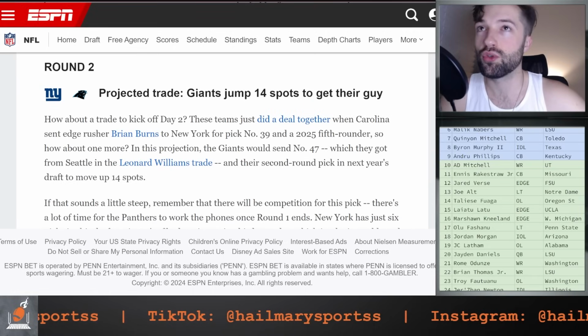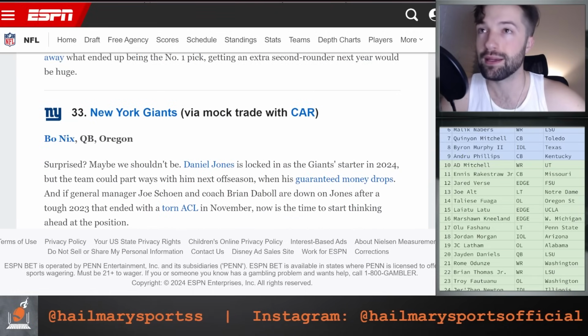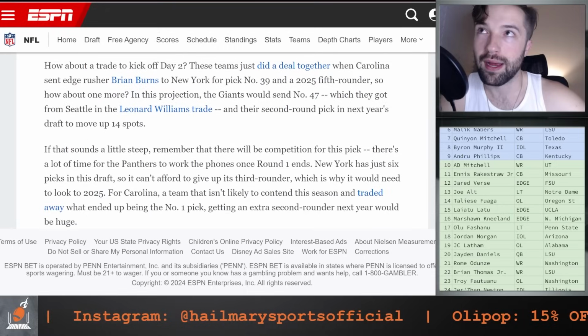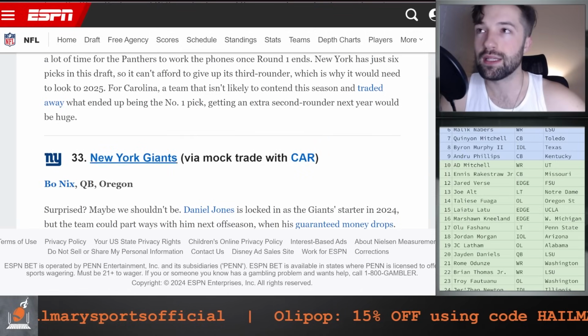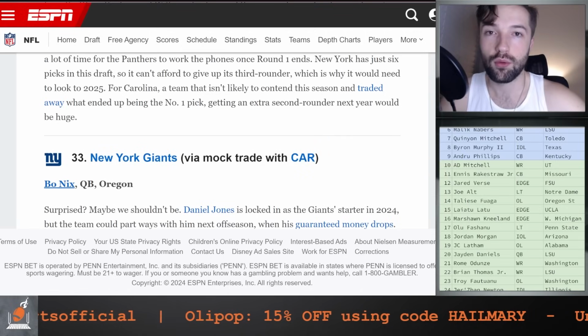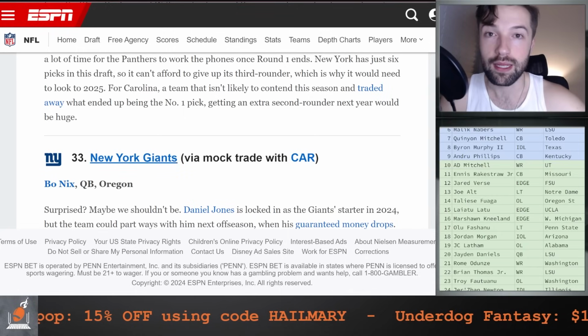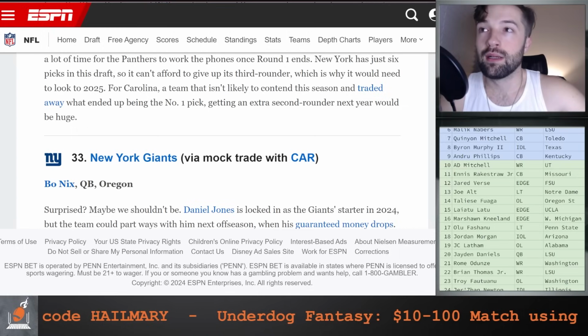But the Giants end up trading up 14 spots to end up selecting Bo Nix. So, I mean, I'm a little bit surprised that the Niners wouldn't have traded back in that situation, so you get that 5th-year contract. I do think that the Giants should be looking at a quarterback, but, again, I wouldn't be trading up to get Bo Nix if you're the Giants, because, I mean, to be fair, it's